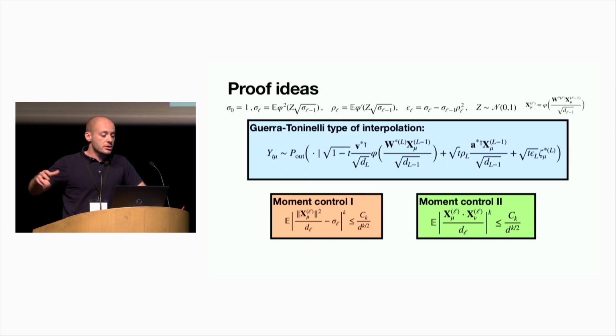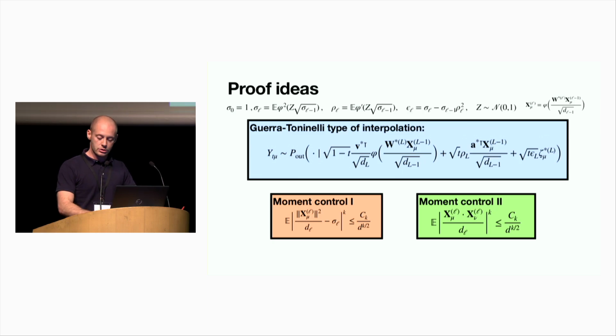And to prove the vanishing of all the remainders that you get, you need these two moment controls. The first one is clarifying the meaning of the sigma L. That is nothing but the square norm of the post-activation at layer L divided by the number of its components, so this is a concentration result, as the second one. The second one is also interesting in my opinion because it's a quasi-orthogonality preservation property by the forward pass.